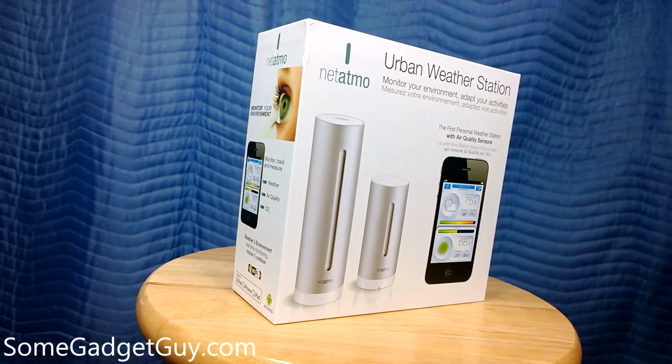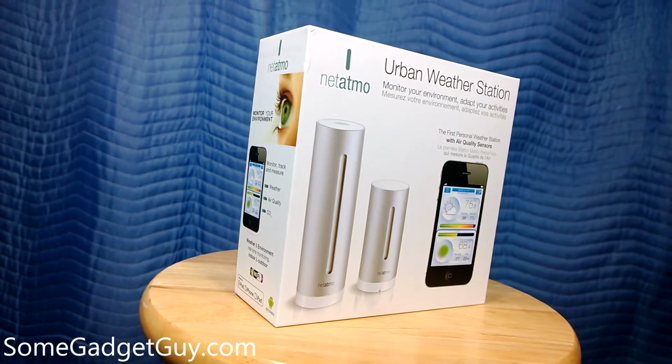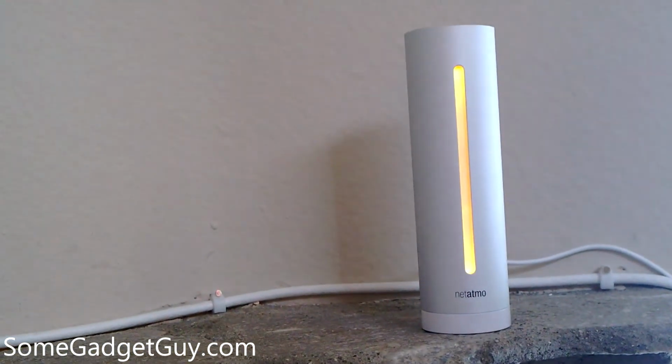And today we're gonna take a look at the Netatmo Urban Weather Station, which is a pair of sensors, one which goes inside your home and one which goes immediately outside your home to tell you what's going on with air quality and with weather conditions immediately around you. There's an indoor sensor which connects to your home's Wi-Fi. Then there's an outdoor sensor which connects to your indoor sensor. The indoor sensor is powered off of an AC adapter and the outdoor sensor is powered off of some AA